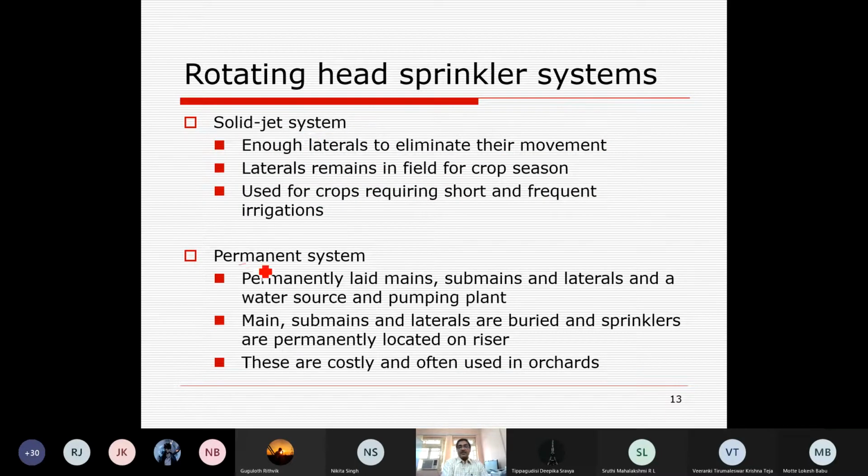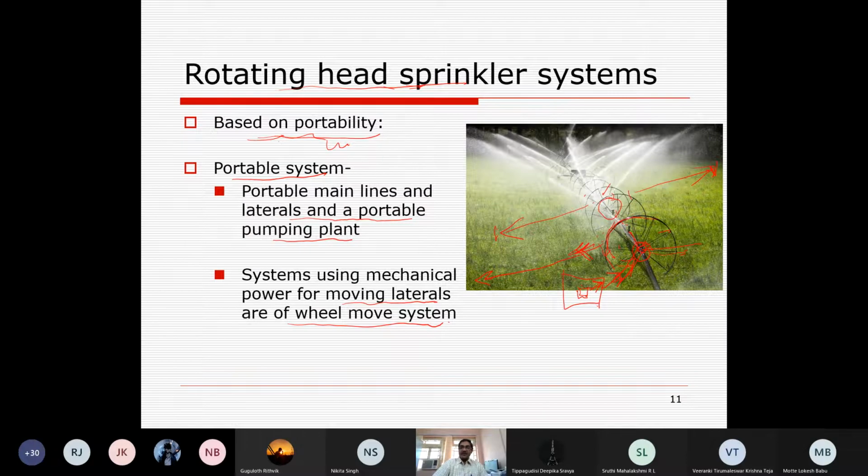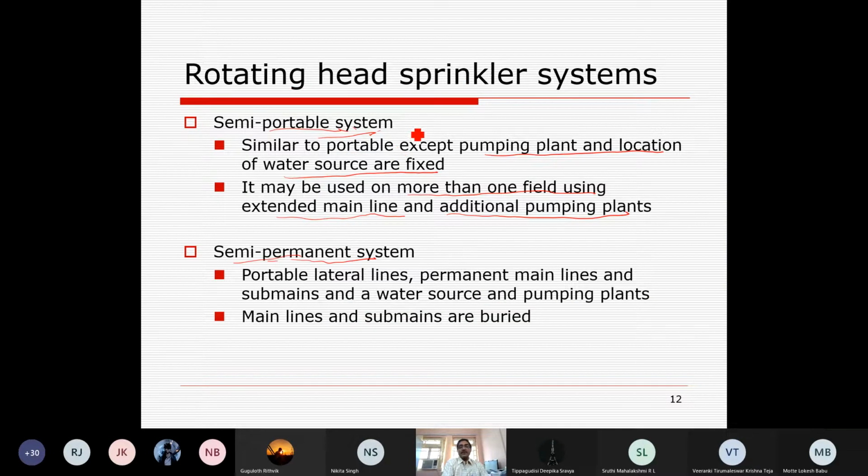Semi-portable system and semi-permanent system. First one was completely portable. Every aspect of this irrigation was portable, meaning we can place it at another location. Semi-portable, we can cover from a fixed source of water the nearby area by changing the place of sprinkler application condition. And semi-permanent system, portable